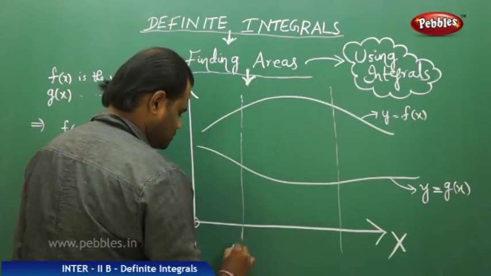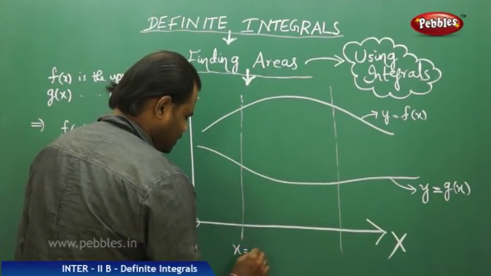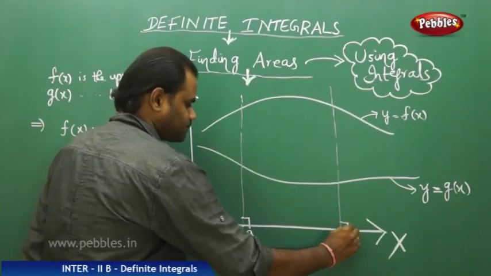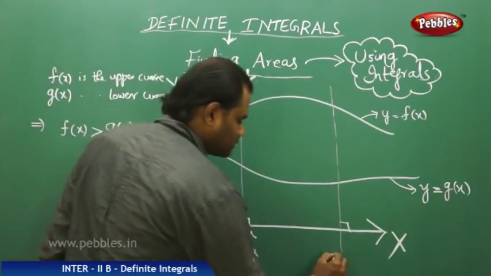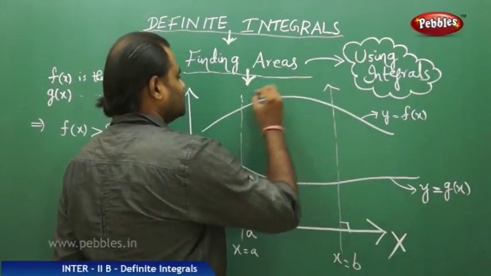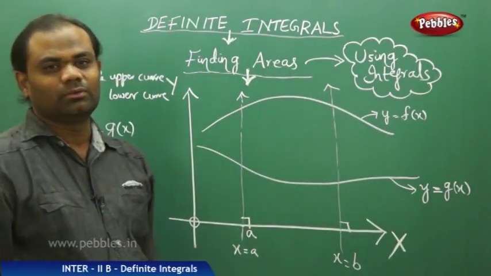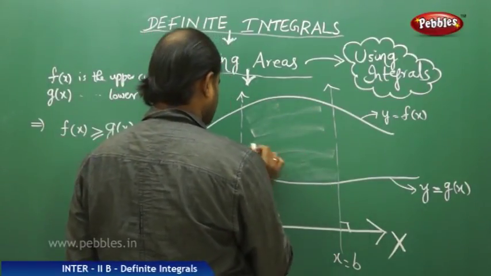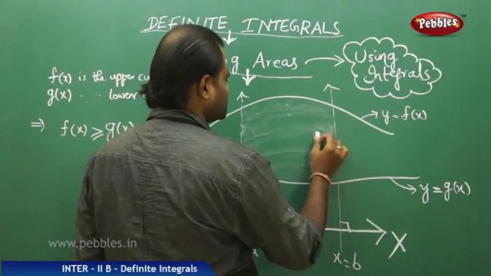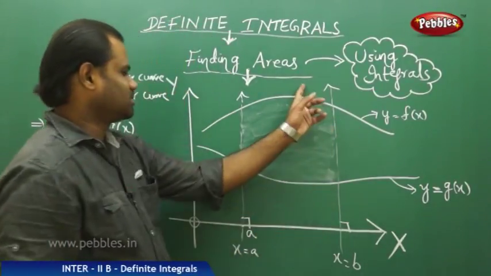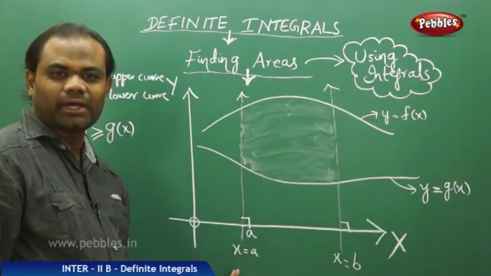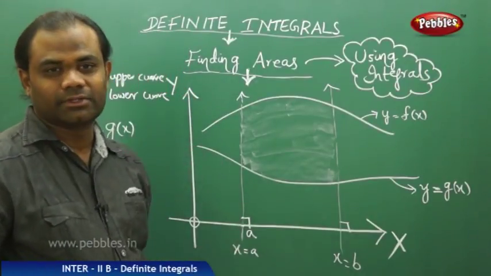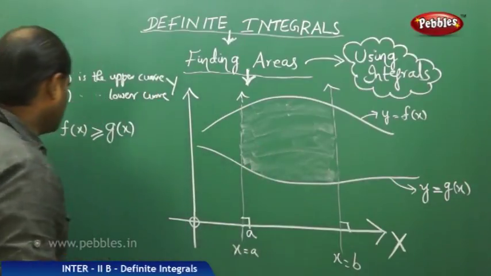between x equal to a, where the line cuts at a and which is perpendicular to x-axis, and this is the line x equals b. Now using these two lines, we form a bound, that is we have to find area of this region. Now how do we find area of this region which has the upper curve f of x, the lower curve g of x, the left bound x equal to a and the right bound x equal to b, is what we connect with integrals. So this area can be found